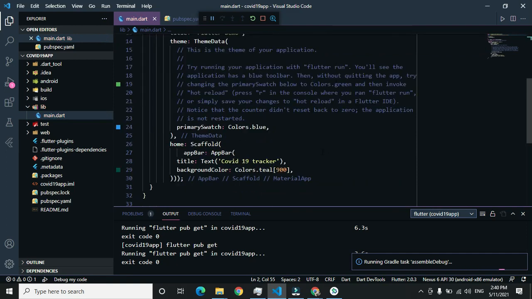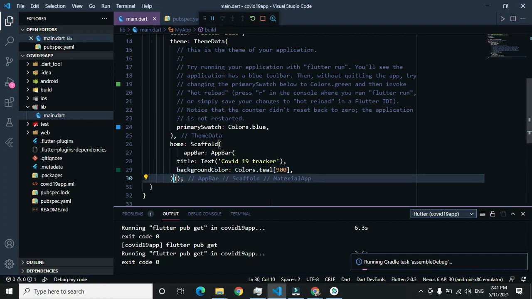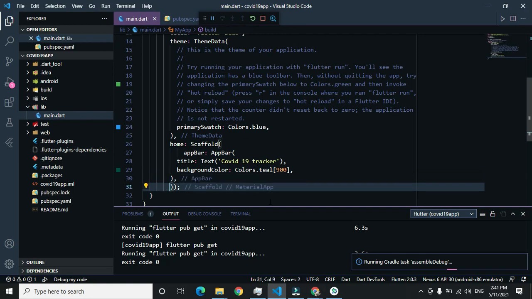It is running. Now see what is written there, Container. You can open this and we form the container, and there we write the child.